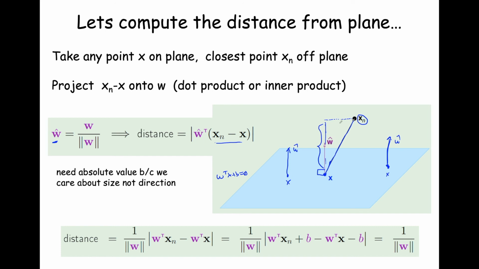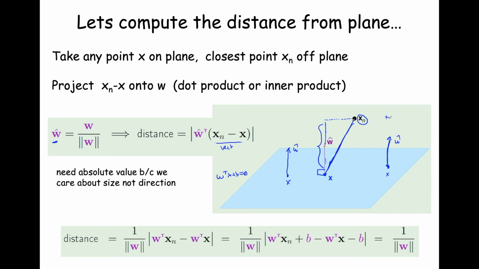So to get the distance of that off-plane point to the hyperplane, we just take the projection of this vector onto the unit vector in the direction of W. That's exactly W hat transpose times that quantity Xn minus X. Okay, so you take the absolute value of this